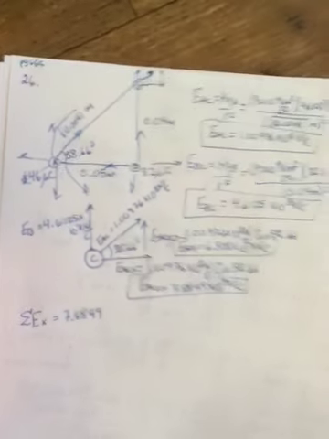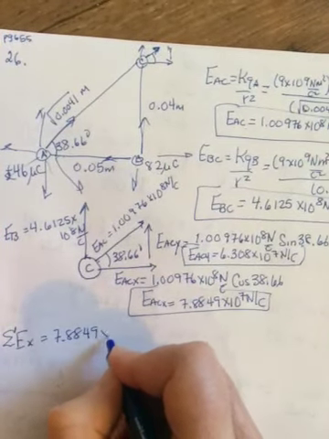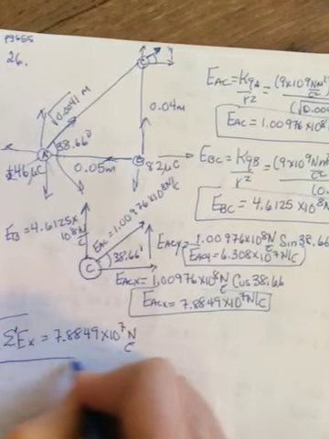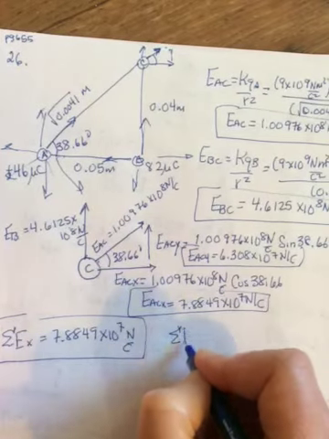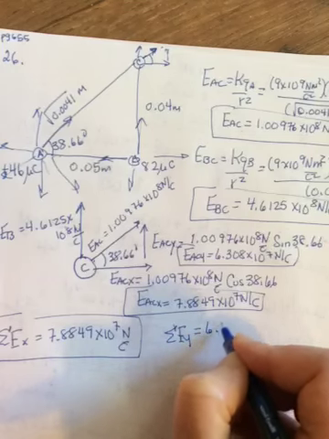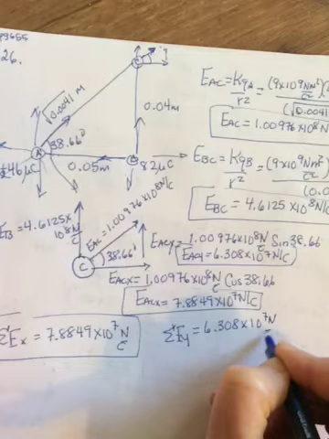7.8849 times 10 to the 7th newtons per coulomb. So that's my total field in the x. My total field in the y, they're both going up, so I'm going to add them. So it'll be my 6.308 times 10 to the 7th newtons per coulomb